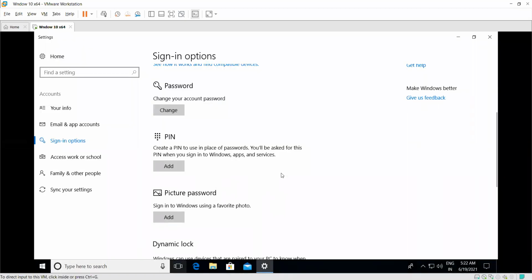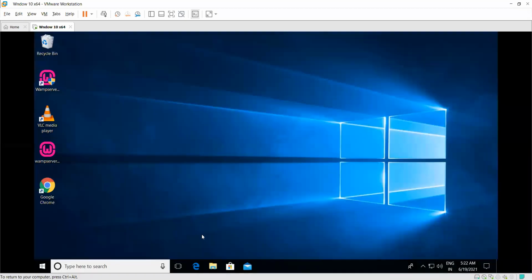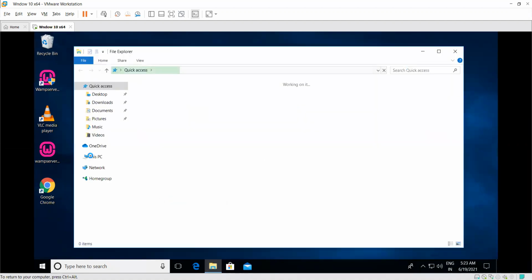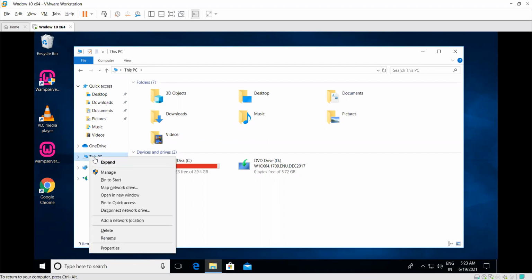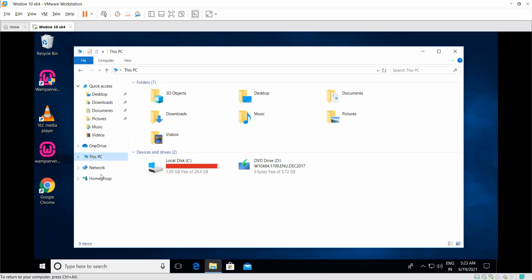So what is the next procedure you are going to follow? That is the same as what is followed in Windows 7. Just go into File Explorer. Select This PC, because Windows 8 and Windows 10 have the name This PC in place of Computer. Right-click on that This PC and go into the Manage section. Once you click Manage, it opens the Computer Management panel. Select Local Users and Groups from there, and we will change the password using the same process you already followed in the Windows 7 operating system.